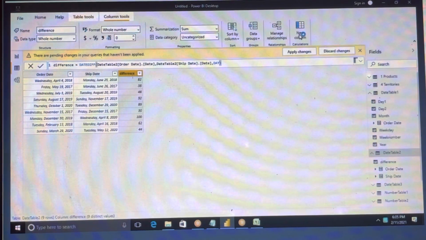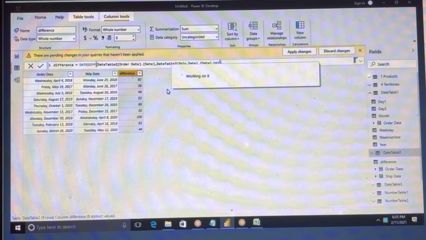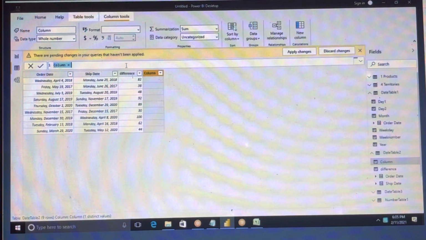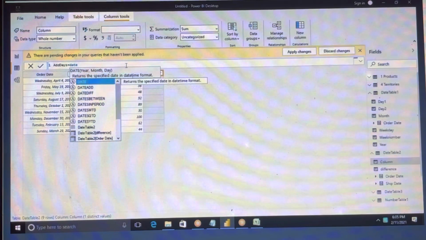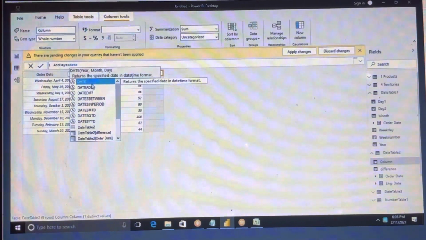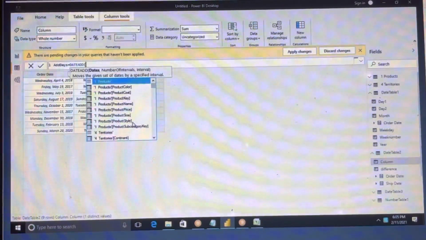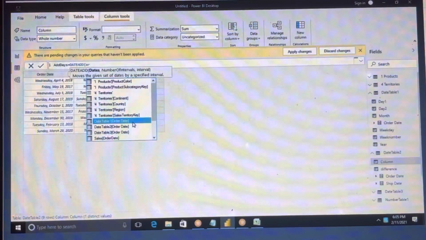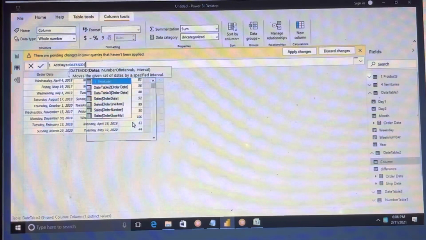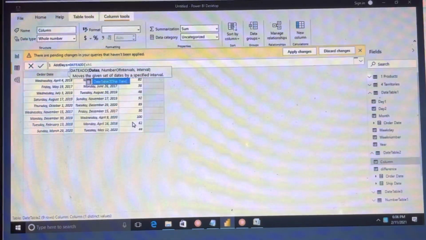And if you wanted to add how many days you want, like add days, for example, add days. Okay, so here we have this function, date add. For example, I wanted to add to the ship date.